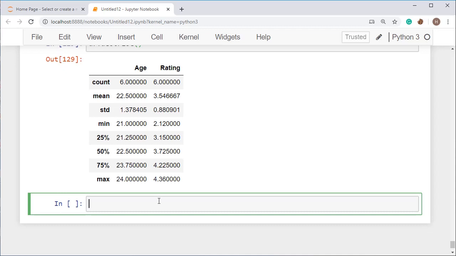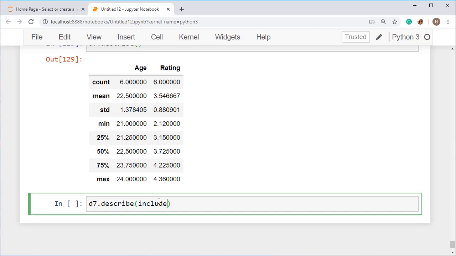Now you can also put include object, and then you will get the values related to the string data also. What you have to do is use D7 dot describe, and then put here include equal to object.